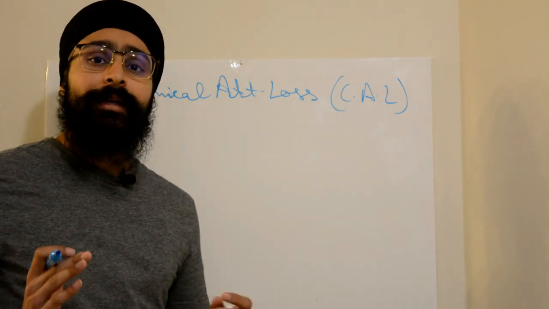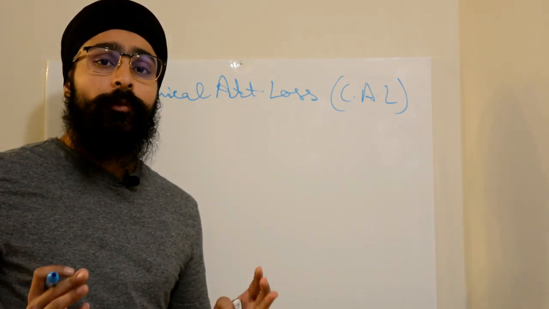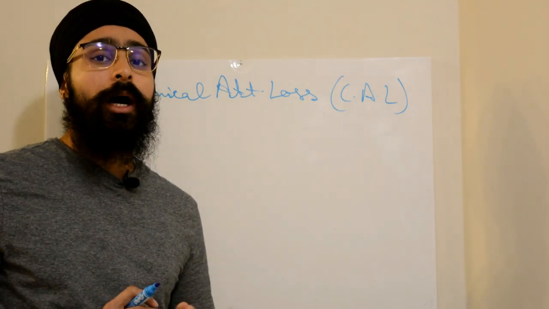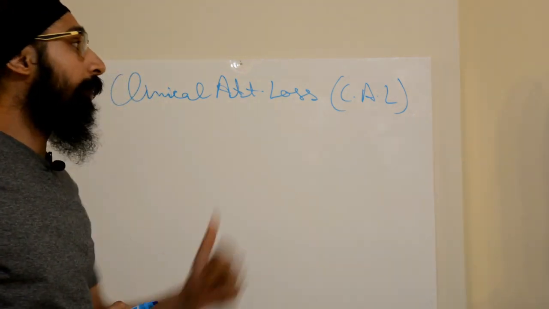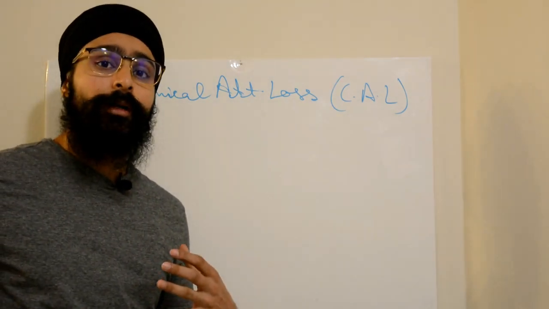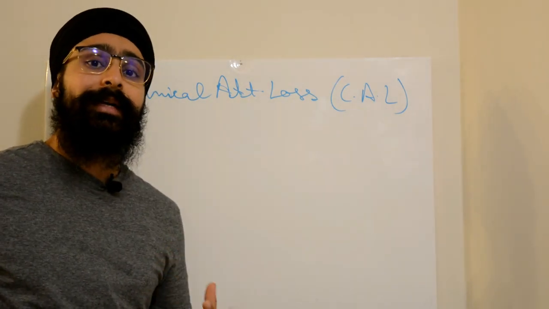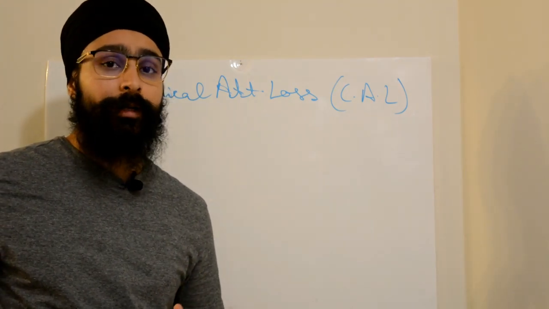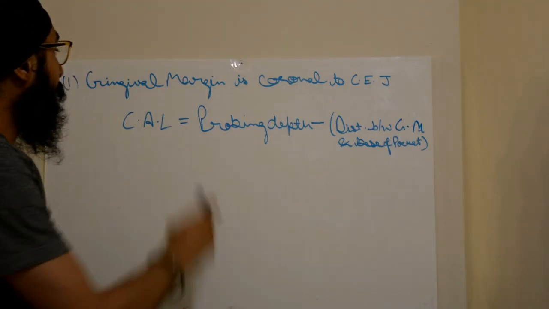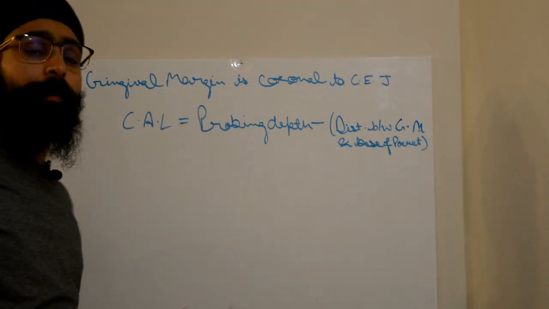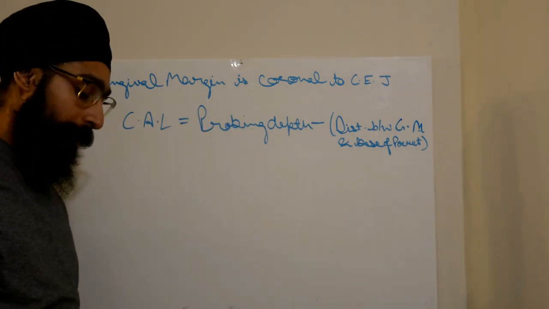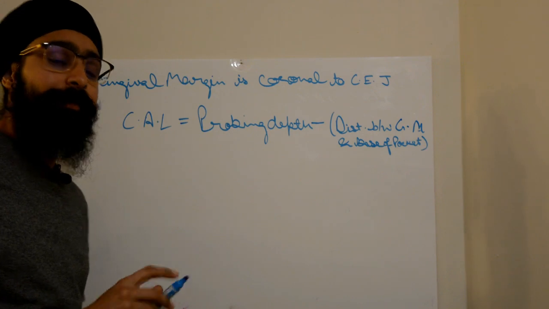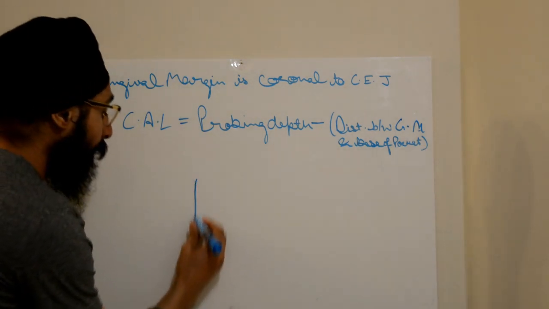Friends, there are three different scenarios from which I will tell you how to measure the clinical attachment loss, because it's a very important thing to understand if we want to attempt questions in periodontics. The first scenario is when the gingival margin is located coronal to the cemento-enamel junction. To make things clear, I am going to draw a diagram for you.